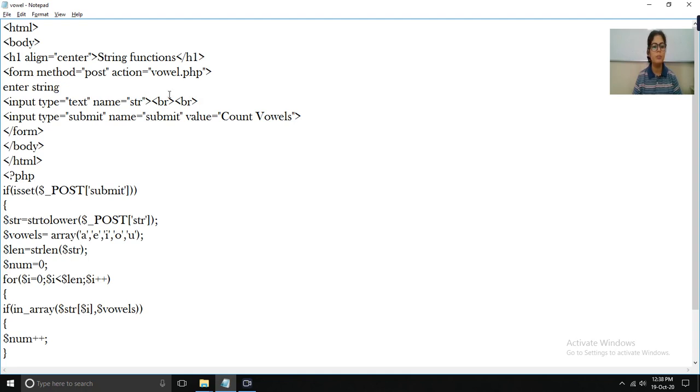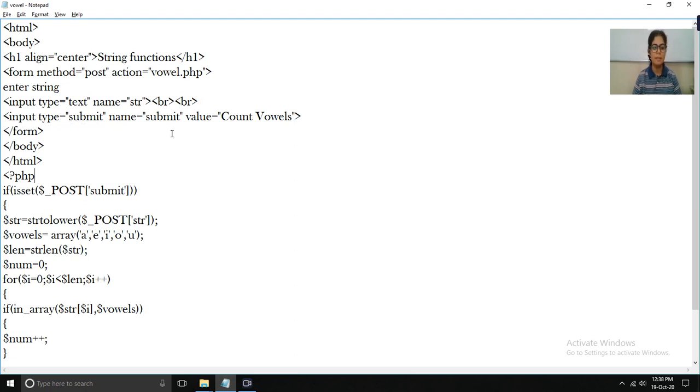And after this, the break tag is used. Next line is input type is equal to submit. Input type is equal to submit will create a submit button on your web page, and again you have to write submit under double quotes.